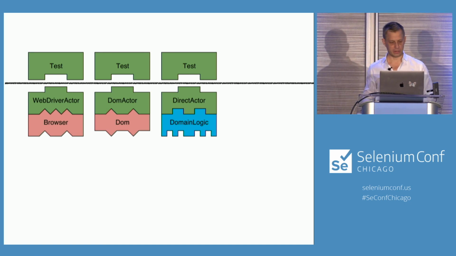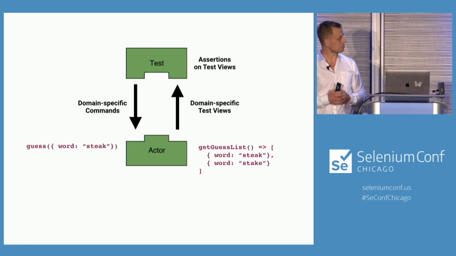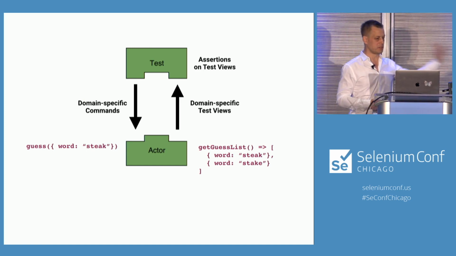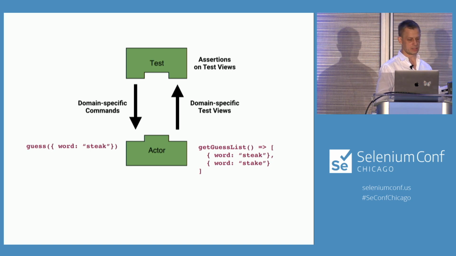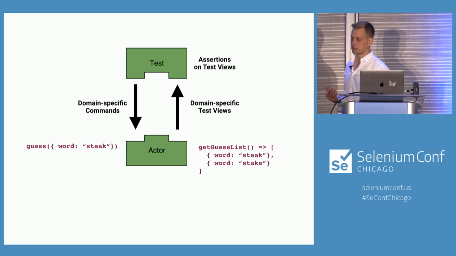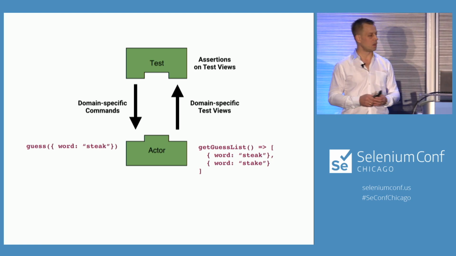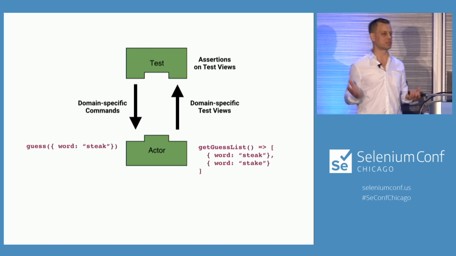And the way this contract looks is like, in the case of this game, it's like this. The test can send domain-specific commands to the actor, like try and guess a word. And then it can make observations about the system by using something that I call test views, which is just a way to get simple data structures out of the system